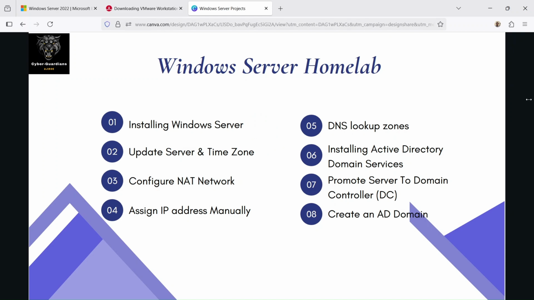In this series of the Windows Server, I will be installing a Windows Server image and a VM workstation. This will be our Windows Server Home Lab series: updating the server time zone and renaming the server, configuring a NAT network, assigning an IP address manually,